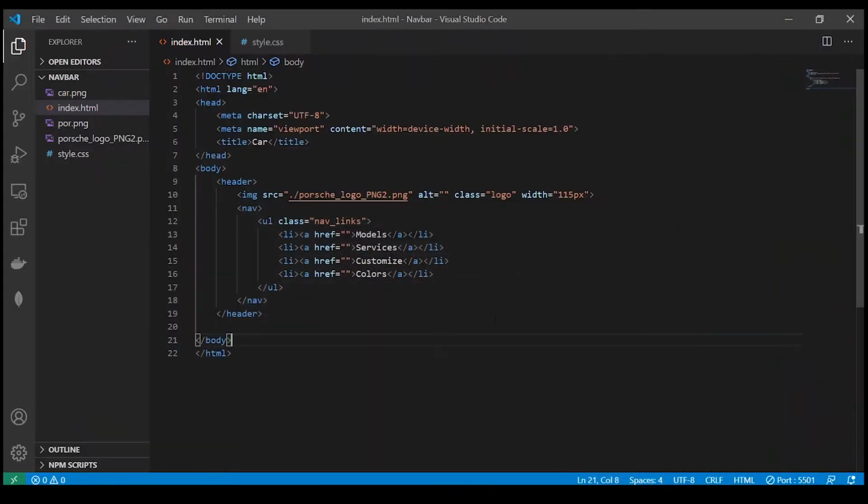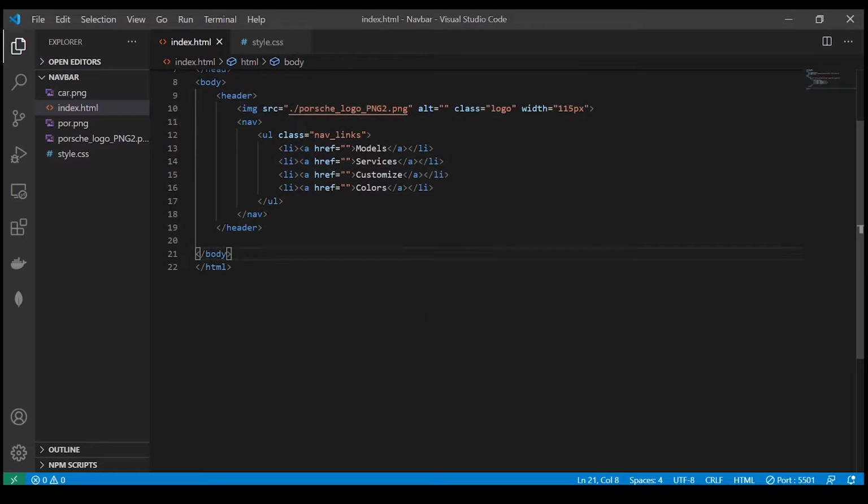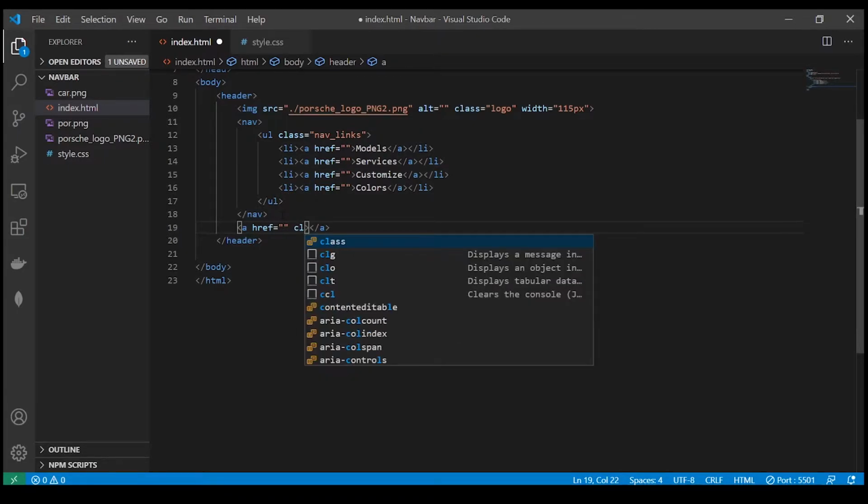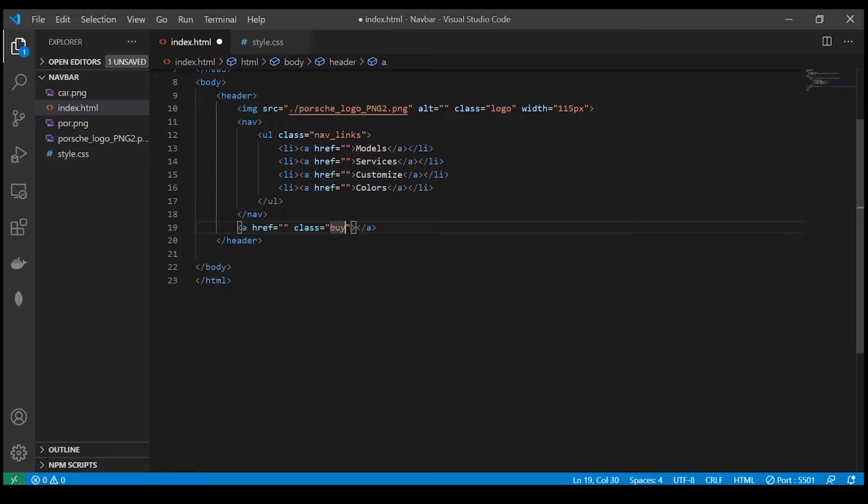Okay, so next step, let's create a button. For the button, just go below this nav, then create a link, an a tag, and give it a class, buy_button.